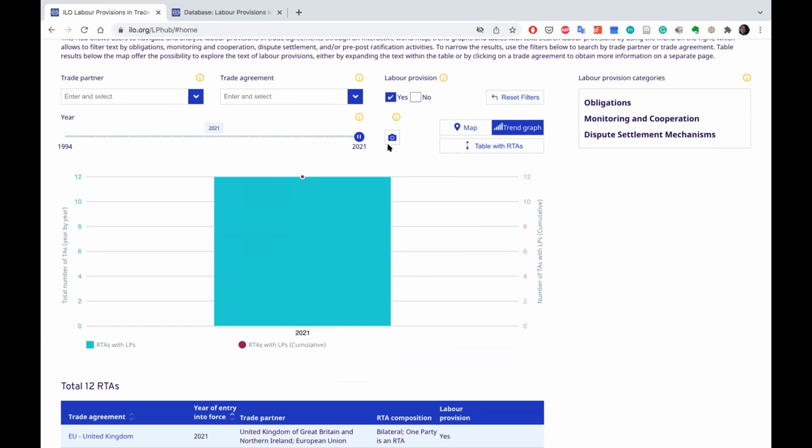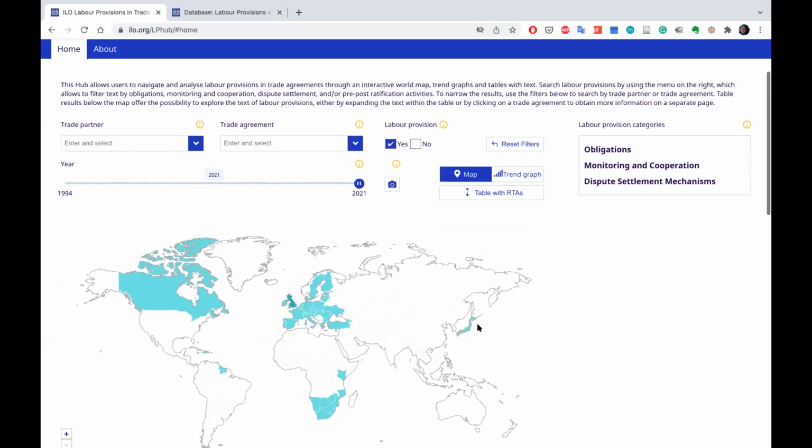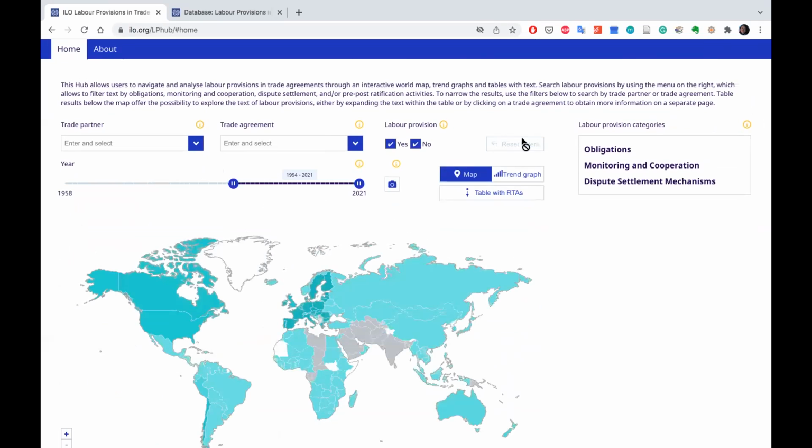Finally, we can also download the figure specific to the graph or to the map. An important feature of the hub is the reset button, in case you get lost on the hub. Additionally, labor provisions in trade agreements